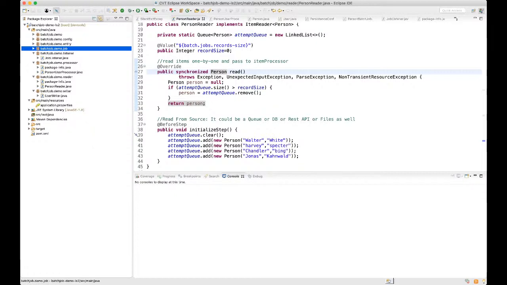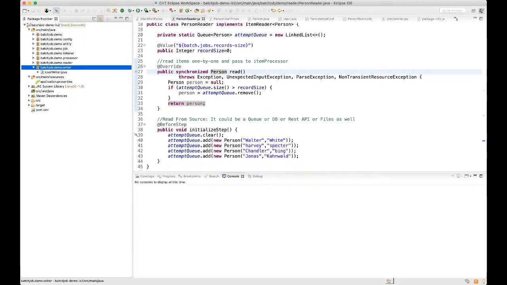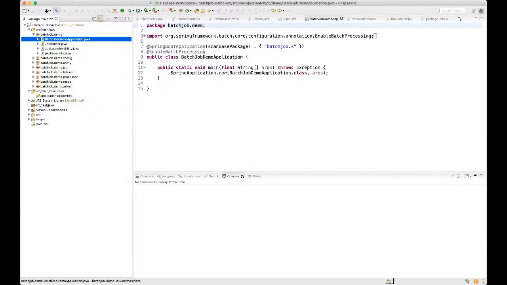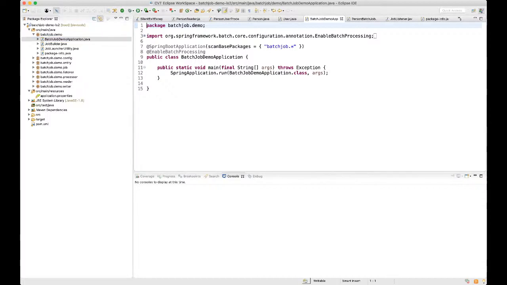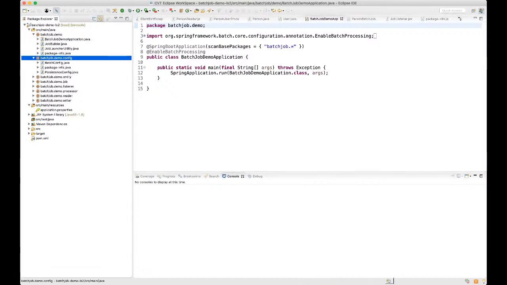So we have different packages in the batch job. I am going to explain one by one what types of classes we have in each one. First we have our application class, which starts the Spring Boot application, our batch job application. Then in the configuration we are configuring our job, how it is going to communicate with the database.